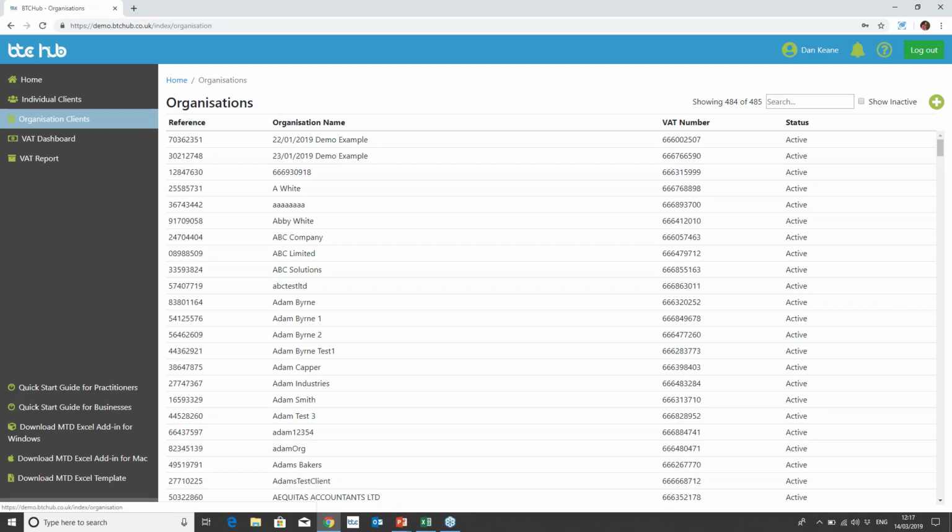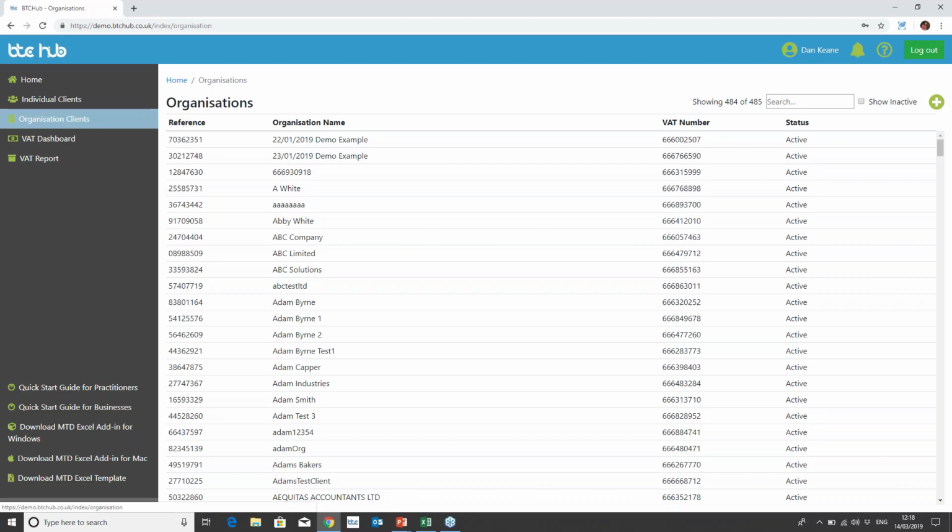When we move the Making Tax Digital for Business software in here, that will obviously be a little bit more apparent. Now, as we know, when MTD was originally announced in 2015, we did start with self-assessment. In 2016, we built a quarterly self-assessment tax return module, which we showcased at Accountex 2017. So we have already written the functionality for a quarterly self-assessment tax return, which will be included in BTCHub